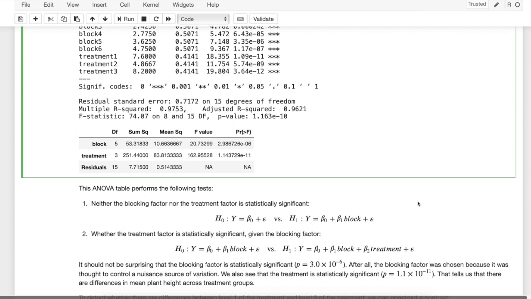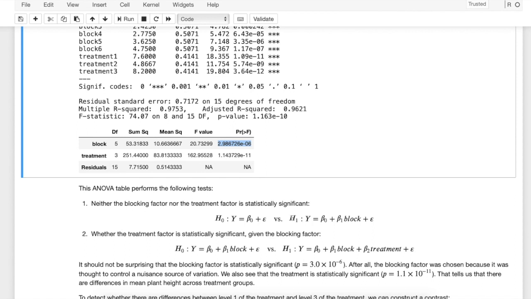And the alternative, if you decide to reject the null, is that we have a slightly more complicated model, one with just the blocking factor. And the p-value for this test is given here. And so it's small on any account, whatever your alpha is, that's probably lower than it. And so you would reject the null hypothesis,